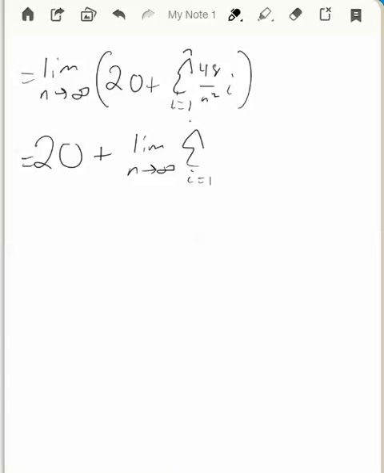And once you get past that little hump of dealing with that, now it becomes a problem kind of like when we did the x squared. But this one is a little different. We have a different formula, so let's go ahead and just see how it works. This is going to be 20 plus,